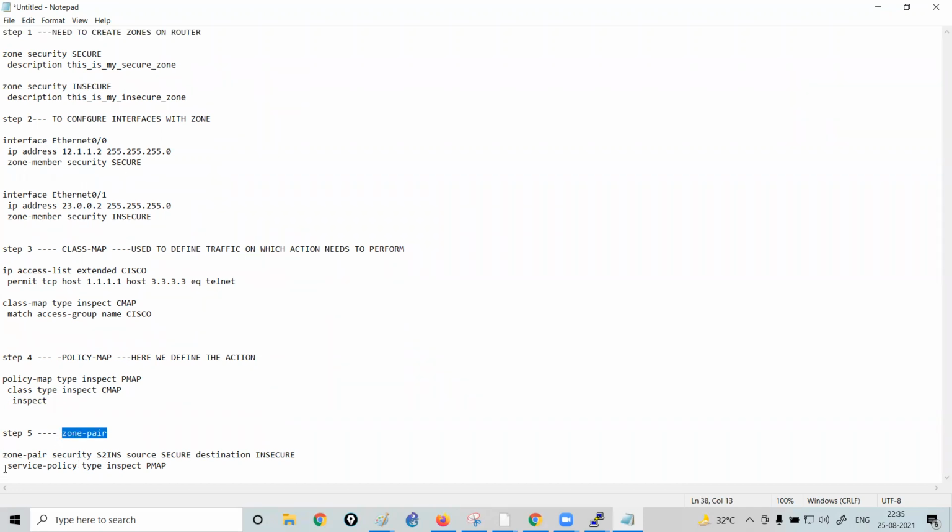Zone pair means that I have to tell my router that whenever you receive traffic from this source, the secure zone, to the destination zone, it matches the policy map. And what is the policy map? The policy map says that whatever traffic matches the CMAP, and what this CMAP says, is it clear? So it will inspect the traffic.